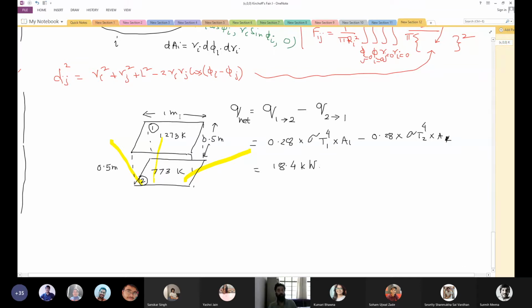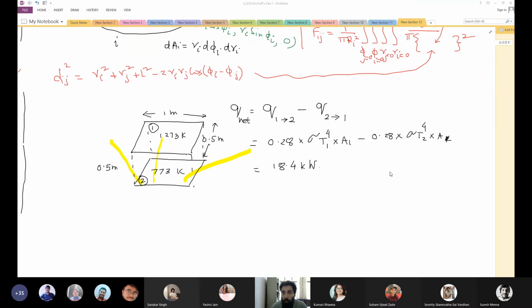Okay. So this is the net radiation exchange between these two surfaces. Okay, any question on this particular problem? No, sir. Okay, good. So this is how you learned how to read view factor from tables and